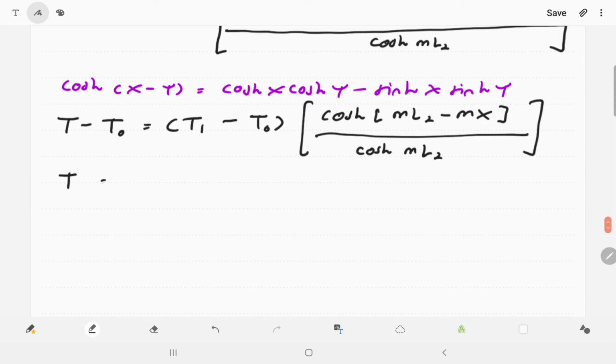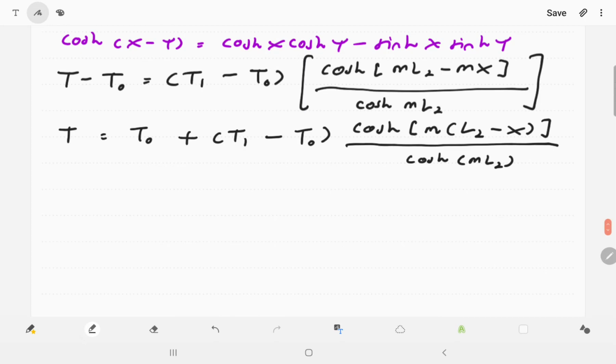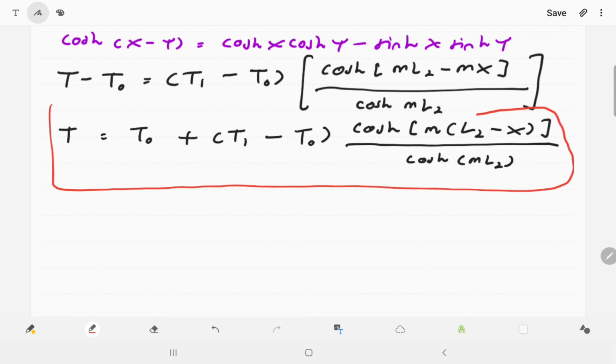And we can have one more term, 1. So this one will be cosh m(L2 minus x) divided by cosh mL2. So after we solve using the two boundary conditions, we have a final expression for our temperature in the rod